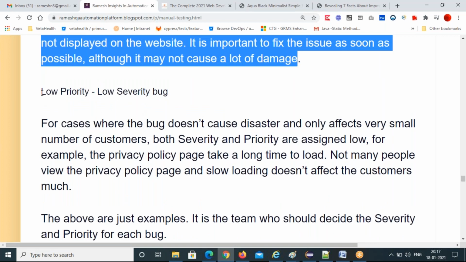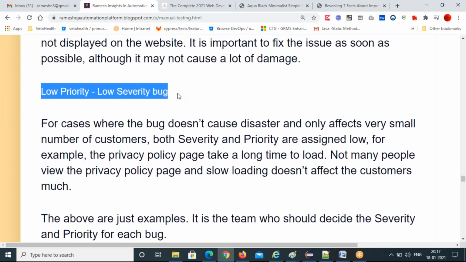The next and last one: low priority, low severity bug. As I mentioned, low priority, low severity means you don't need to consider those bugs. These are cases where the bug doesn't cause any functional issues and is not affecting anything. It affects only a very small number of customers. Both severity and priority are assigned low.